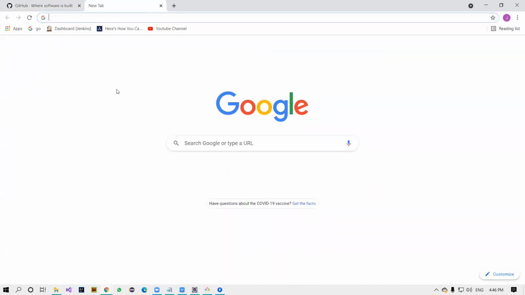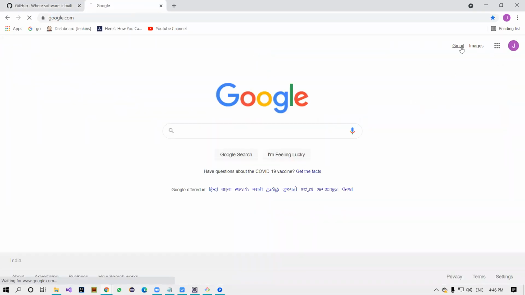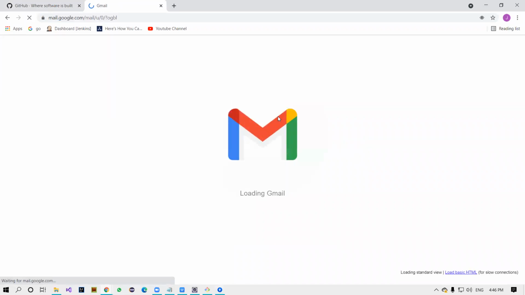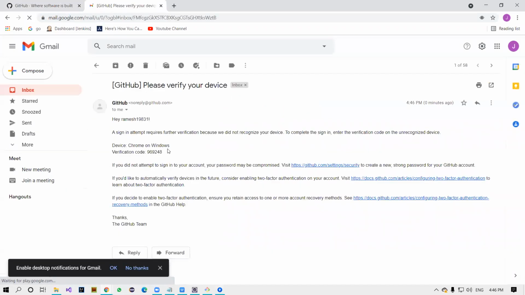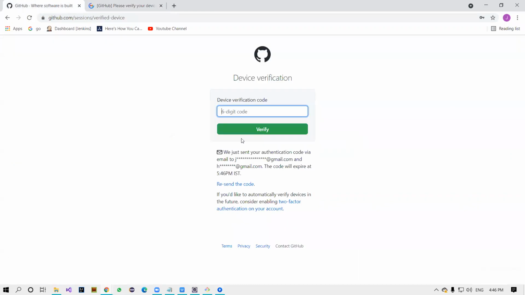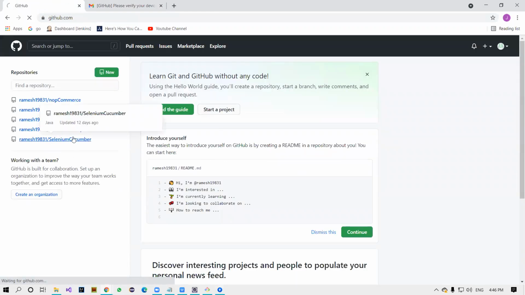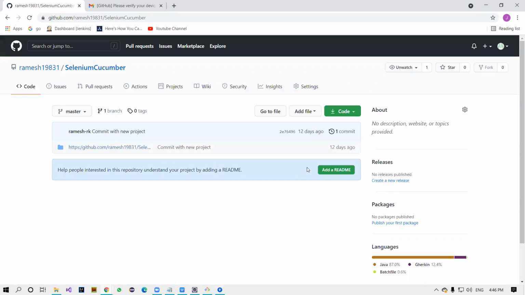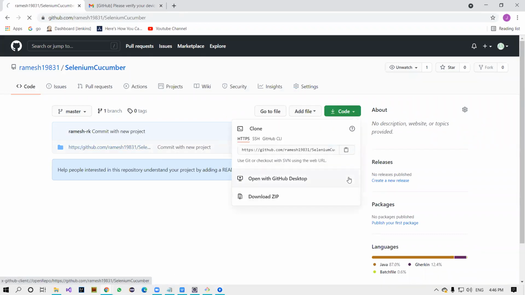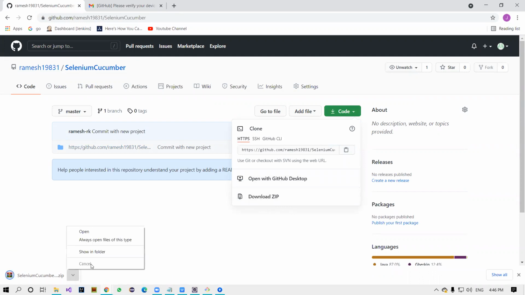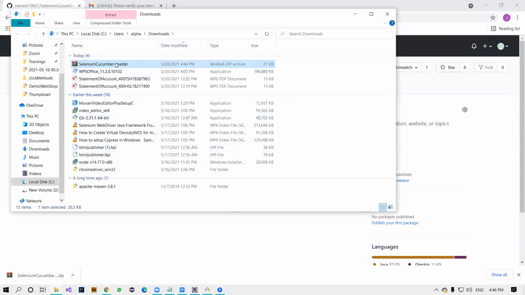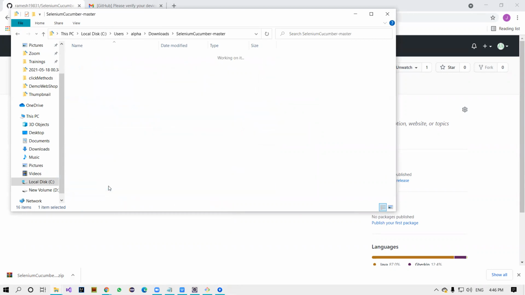All right, now I have the folder. This is a Cucumber Selenium project. I'm going to download this project. I'm not cloning anything, I'm just going to copy this and extract this project. It is my project.